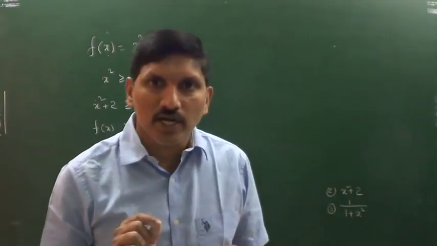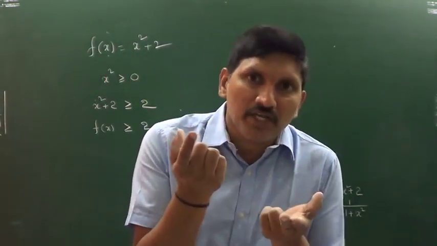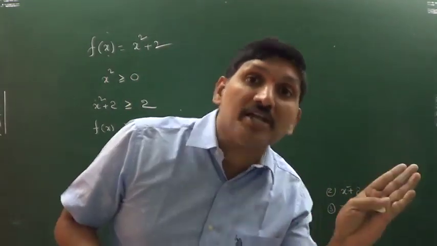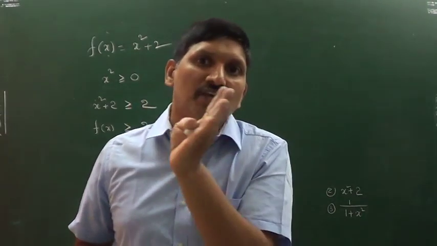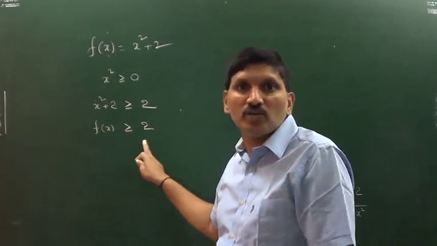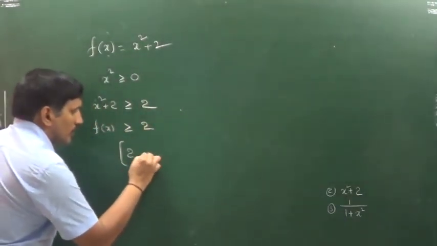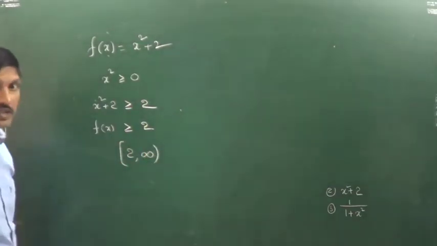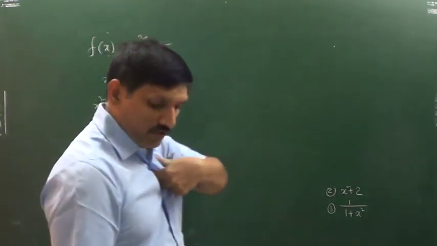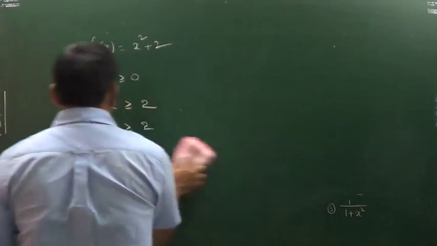I am saying that you have to get always more than 90. Your marks are always more than 90 means you have to get from 90 onwards, 90, 90.5, like that. So that's why f of x value is greater than or equal to 2 means we can say the range is from 2 to infinity. That is the range for that function, right? So that is about the range of that particular function. Some students asked me the doubt for this particular question.